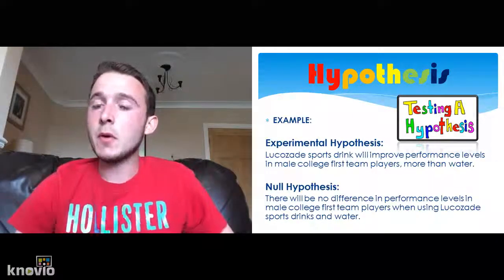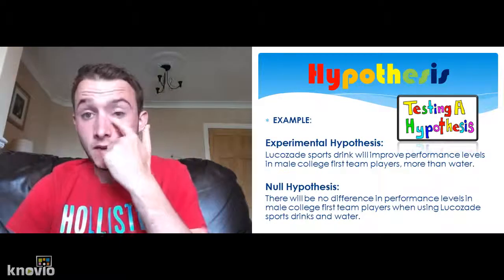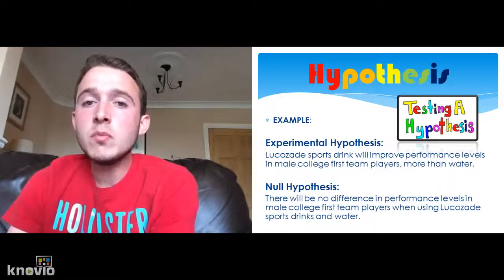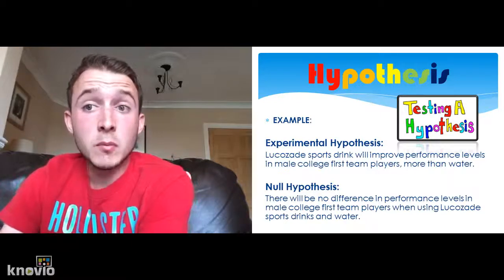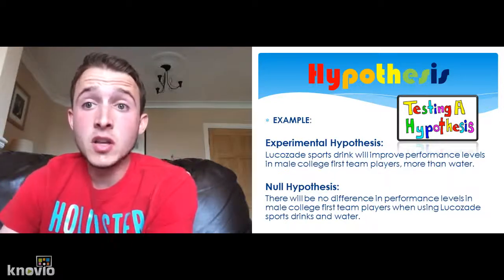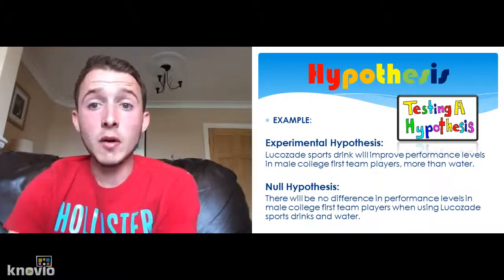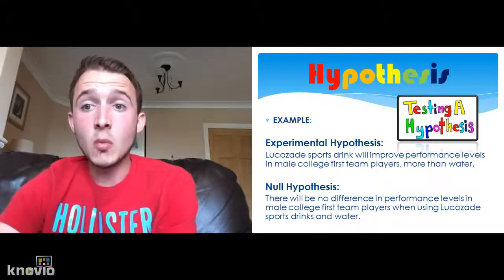So, the types of hypotheses then. We've got the experimental and the null, as I discussed on the previous slide. The example I'm going to give you is looking at LucasAid Sport. So if I were trying to improve performance levels, my hypothesis could be: LucasAid Sports Drink will improve performance levels in male college first team players more than water. The null hypothesis in this case would be that there will be no difference in performance levels when using LucasAid